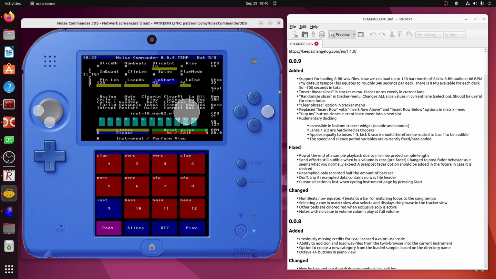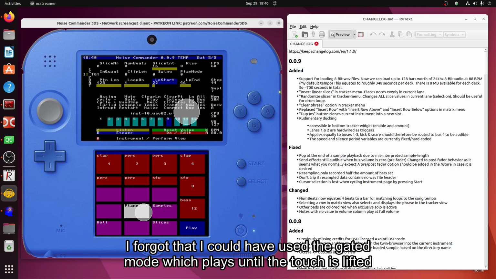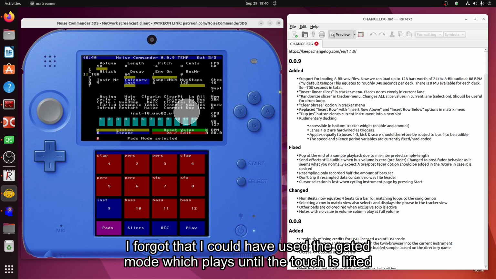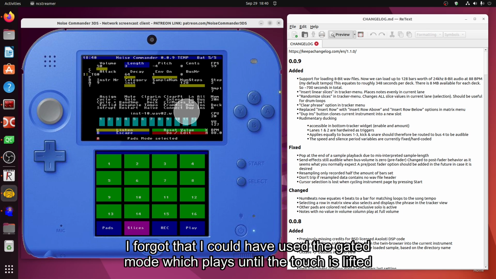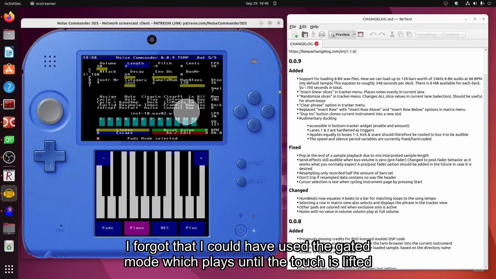Oops. It's not really that well fleshed out, to be honest. There are things to be improved. So now it sort of drones forever. But if I set some length for now, it should be able to stop. Anyway,